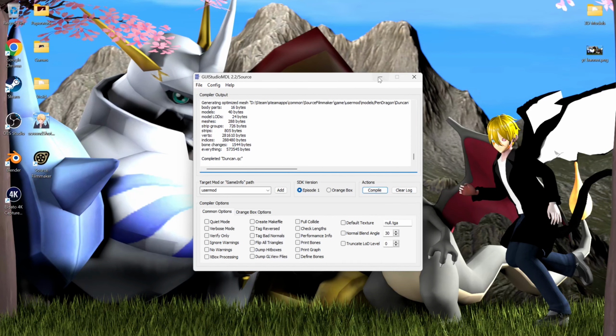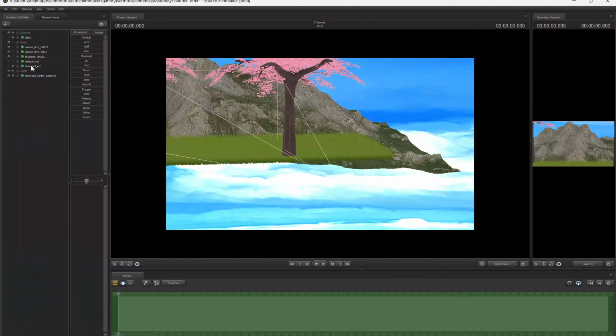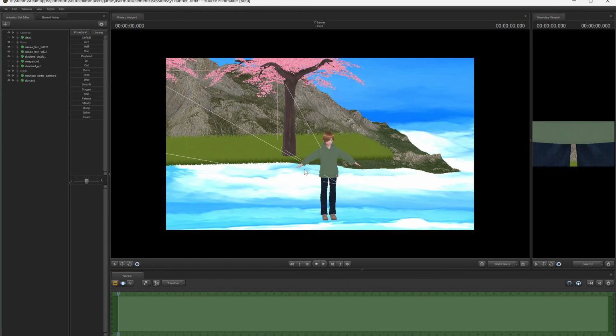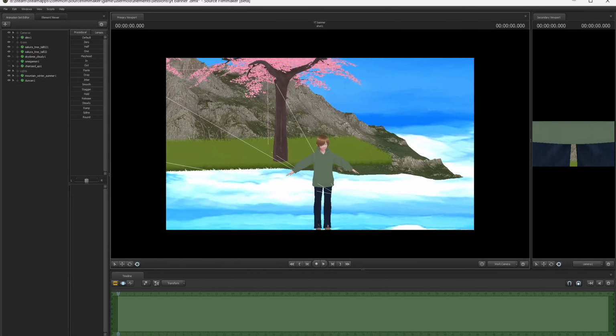All right, go back to Source, model, rescan, open, and now